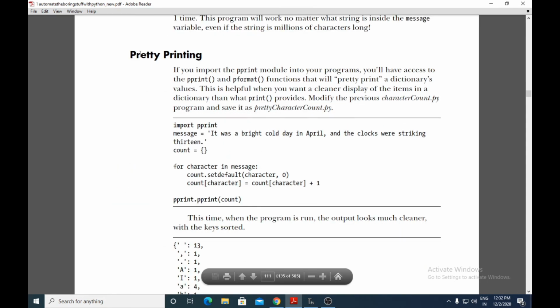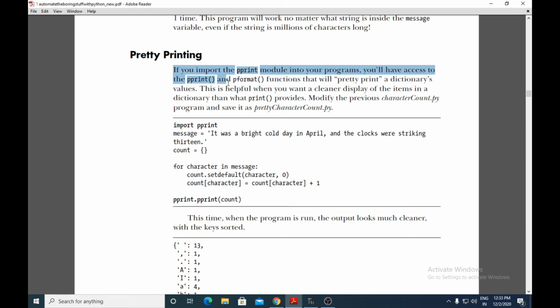The next topic we have here is pretty printing. If you import the pprint module into your programs, you will have access to the pprint and pformat functions that will pretty print a dictionary's values. If you want the dictionary values to be printed neatly, you can make use of the pprint and pformat functions. These two functions are available in the pprint module, which you have to import using the import statement.